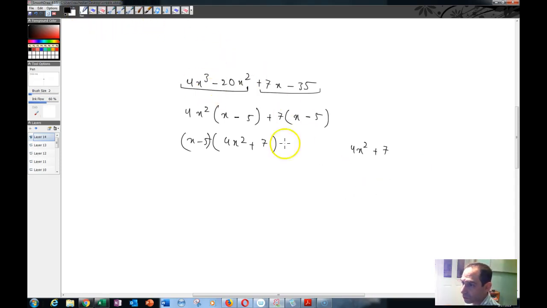You see how you have 4x squared plus 7, so you could write it as 4x squared minus 7. That would be the same thing. And then you could write this as 2x whole squared minus